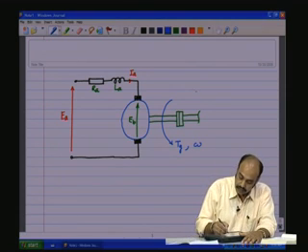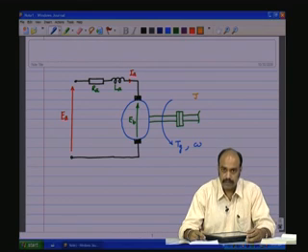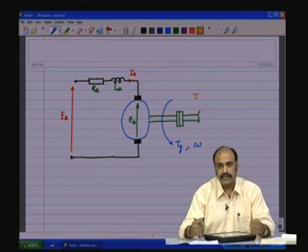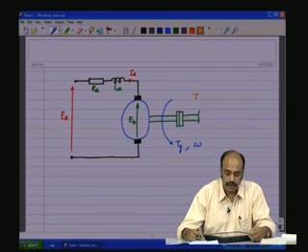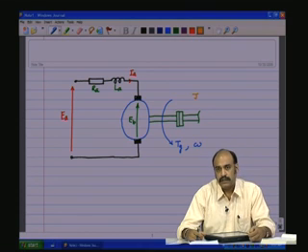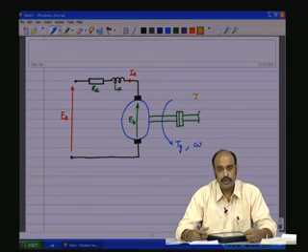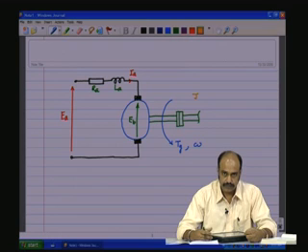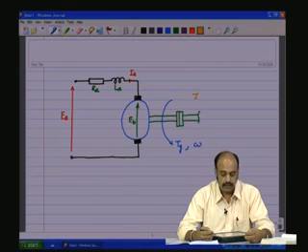Now, this mechanical domain also contains its own load, or the reflected inertia J, which is like the mass of a vehicle, or the mass of the load, or a mass of a very big wheel which has an inertia to it, and when it is rotating it gets stored in the kinetic form, and that is called the inertial energy, which is stored by virtue of an object being in motion, which we know is stored in the kinetic energy form, and therefore, J, or the inertial parameter, is similar to L, the inductive parameter,